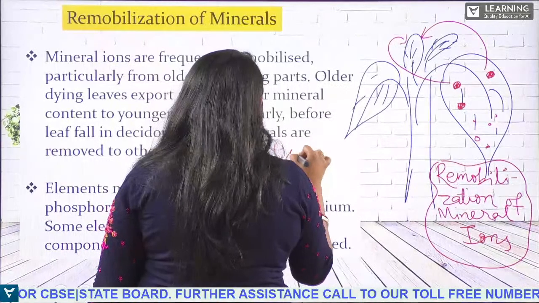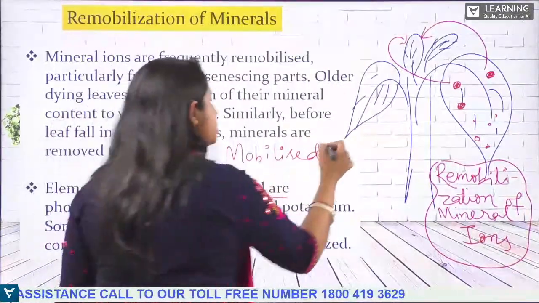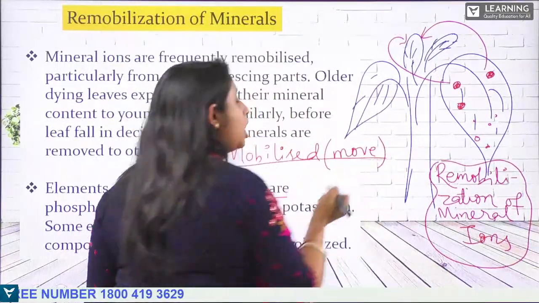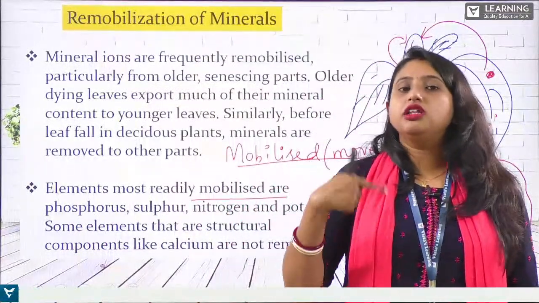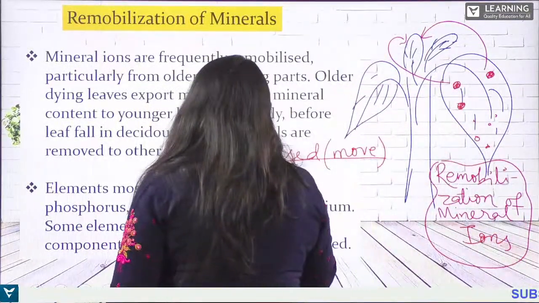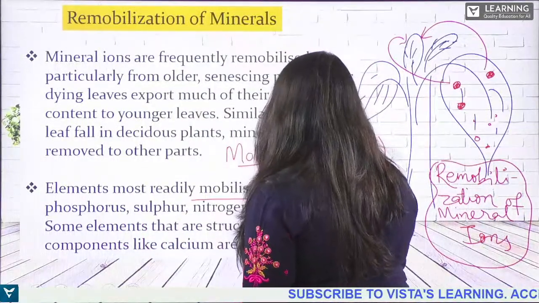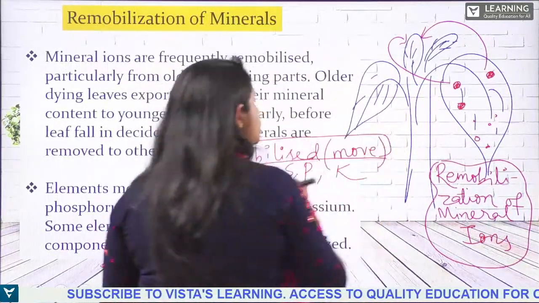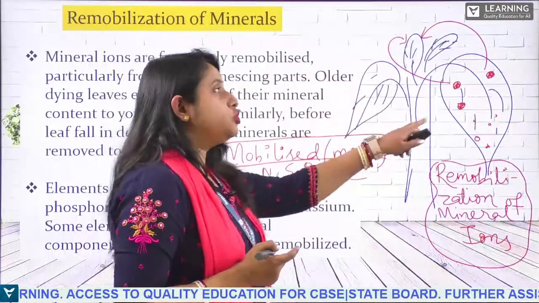mobilized, that is mobile, okay? That is, they can move. What are the mineral ions which can move? Nitrogen, phosphorus, potassium. These are the mineral ions like nitrogen, then sulfur, then phosphorus, then potassium. These are the mineral ions which are easily mobilized, that can move from the older leaves to the new leaves,